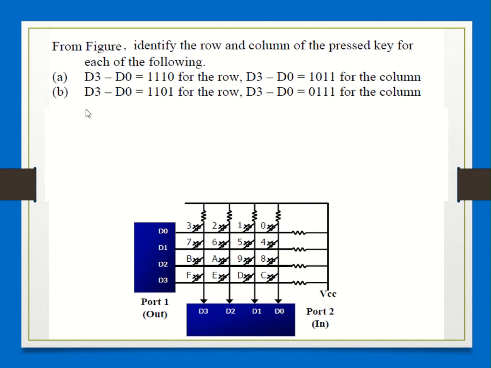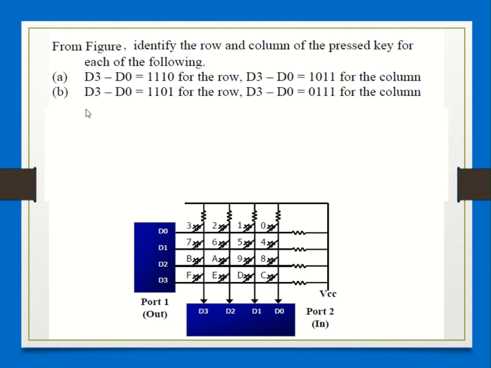For the first condition, 1110 for the row means that the row belongs to D0, isn't it? And for 1011, it is obvious that a key from the D2 column might be pressed.